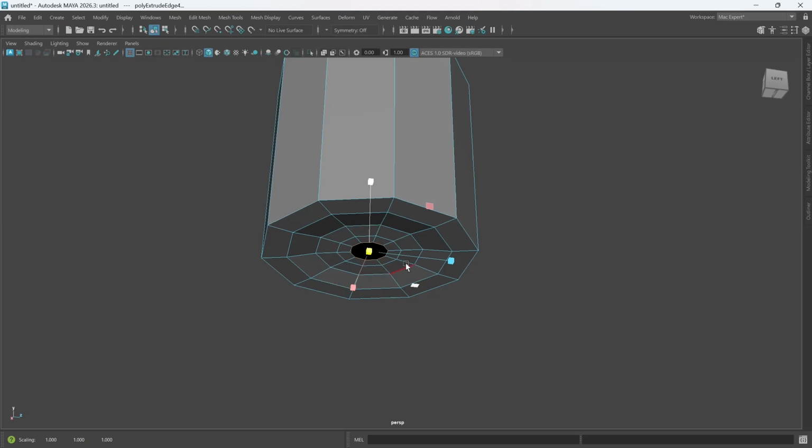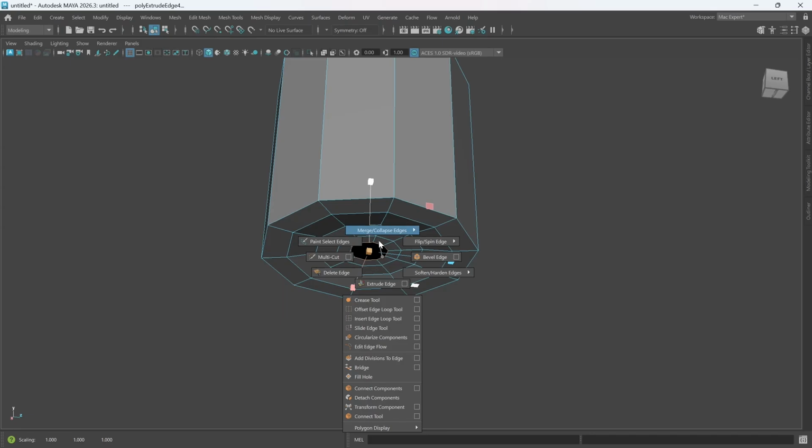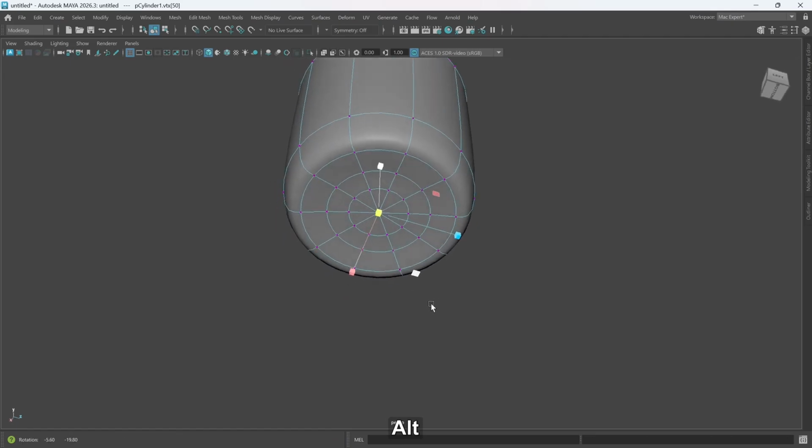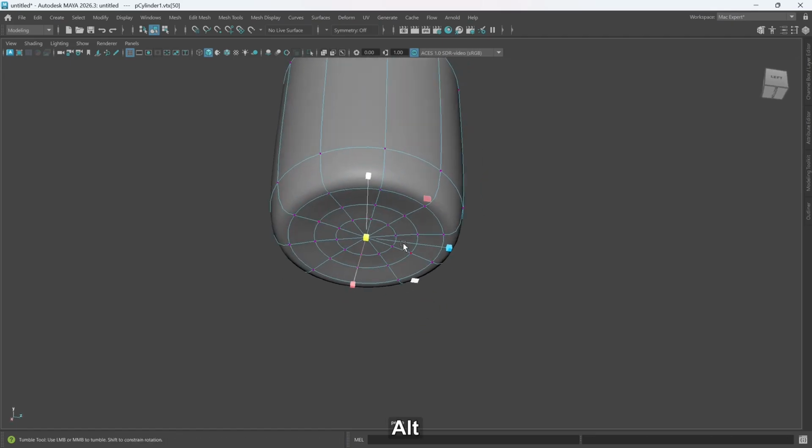Now, once you are done with this, you can just hold down Shift, right click, and move your mouse cursor up that says merge or collapse. Let's come back here that says merge/collapse edges. And when you hover your mouse there, you are going to get other options. Now, select merge edges to center. And you can see that that last edge we have there has been merged to the center. Well, it's really okay. Now, if we hit 3 to go into the sub-D mode or the smooth preview,